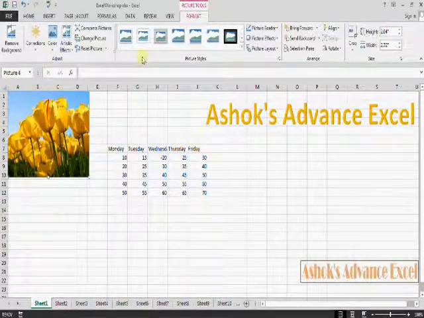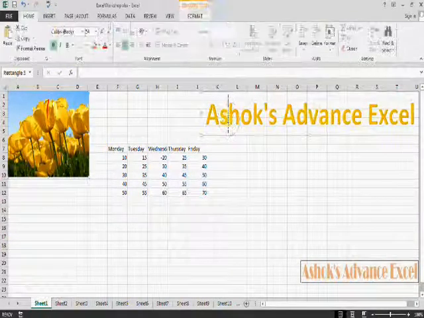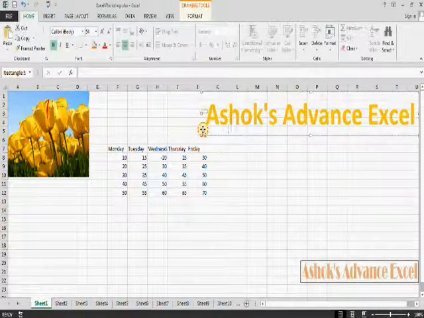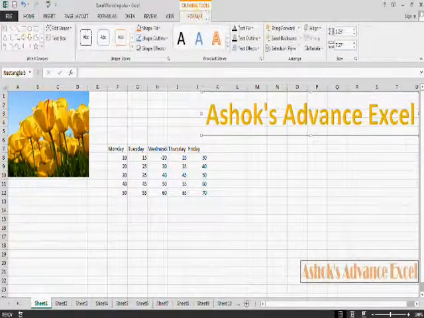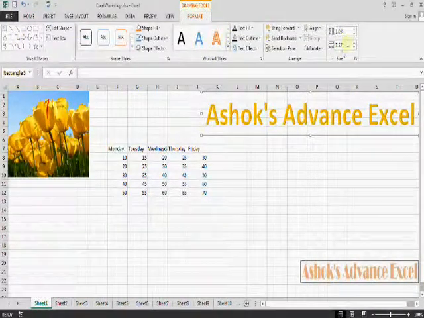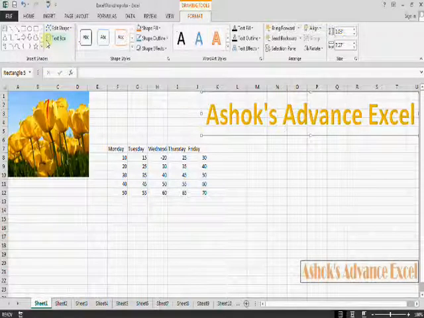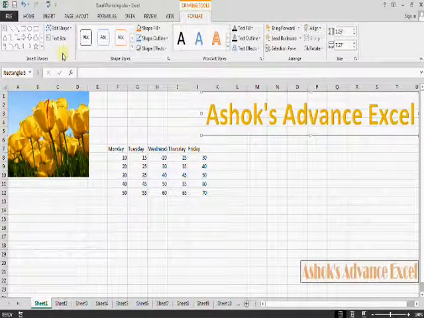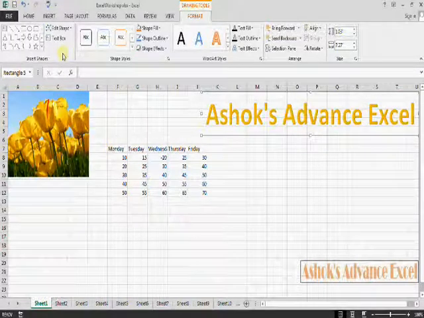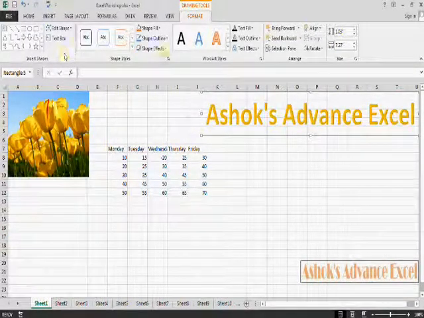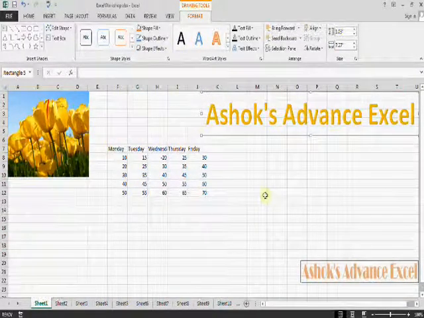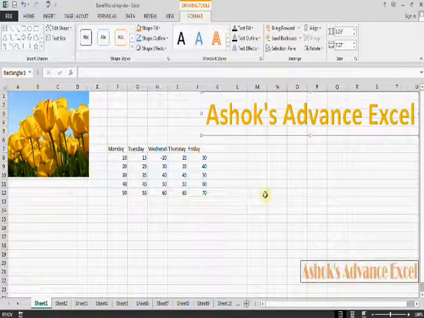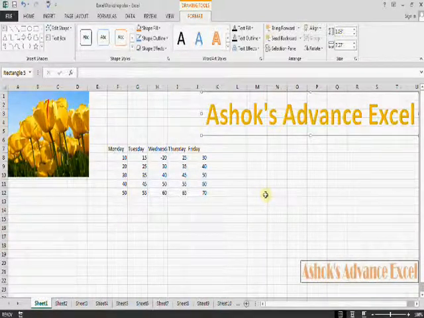In the same way, click on the text, and now you can see another toolbar, that is Drawing Tools, and all the tools for formatting word or text are available here. This means Excel is providing us those tools which we require, even though those are not always present in the ribbon.